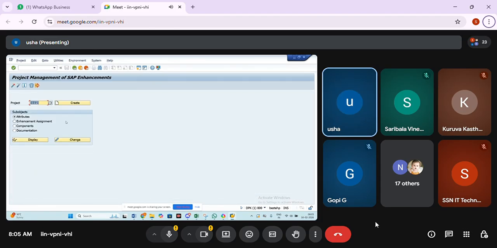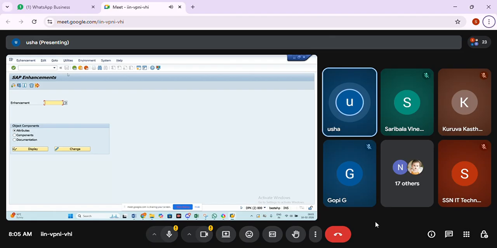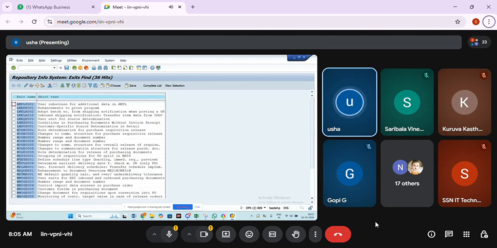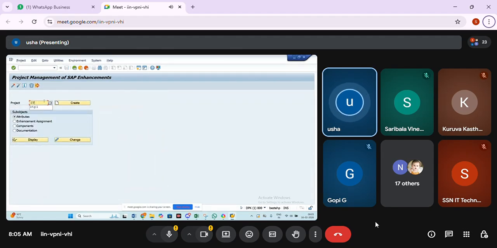But I want to take some enhancement and implement it and show. This is an already existing implementation, right? SMOD is the T-code where I can give the utilities, find. I'll choose some other enhancement. Sorry, not the exit name, the package name. And then execute. Randomly, I'll just pick any one just to show how to implement. Copy that, and I created the project already, Z22PJ.